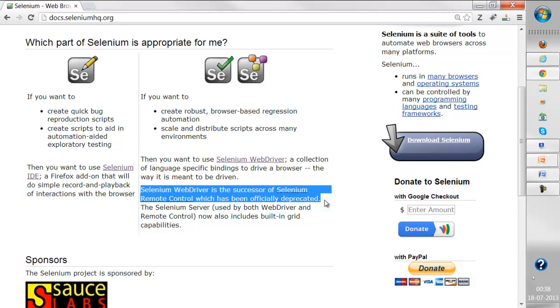Although there are some companies who are still working on Selenium RC, as their projects were initially built using Selenium RC, most of the companies have already switched to WebDriver, and WebDriver is the future. So you can even directly start with WebDriver without learning Selenium RC. It's a very stable version of Selenium, and it's completely backed by Google, right? So